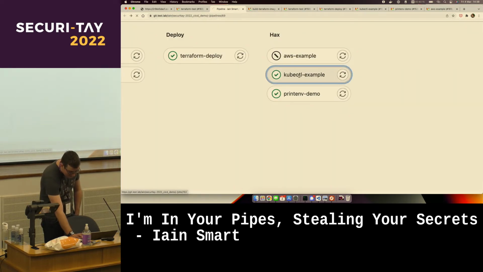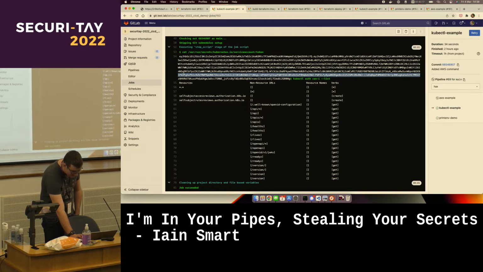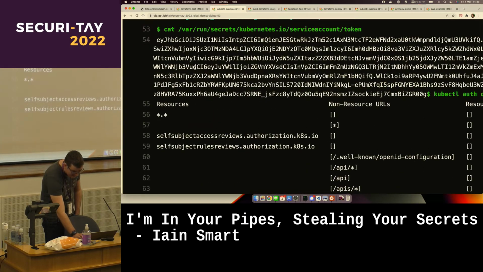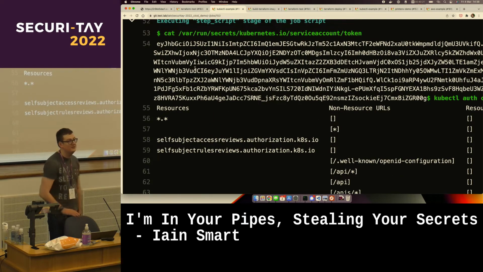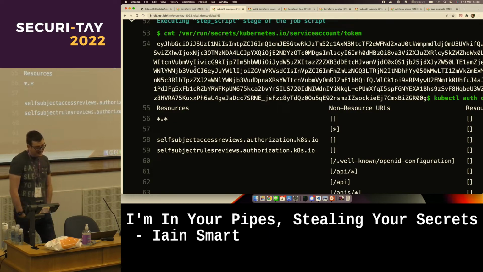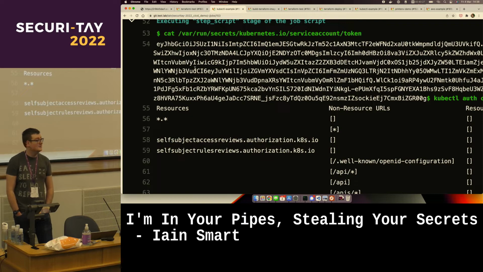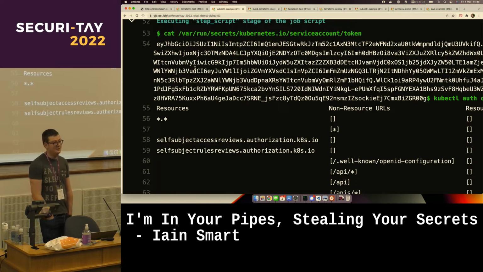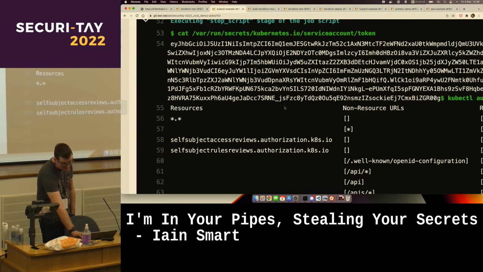I also have a quick demo. Again, I apologize for showing you all a massive base64 blob of data. That is a Kubernetes service account token. If you take that data and decode it, it's basically a JWT. The command around there was cat /var/run/secrets/kubernetes.io/serviceaccount/token. I have made this cluster admin in my environment. What I've run is kubectl auth can-i at the end here, and just list everything I'm allowed to do.